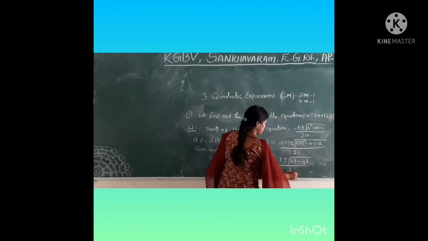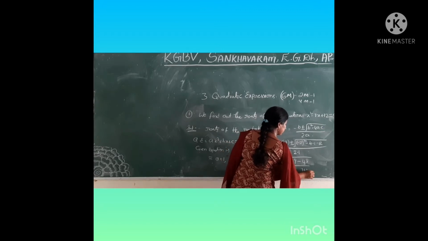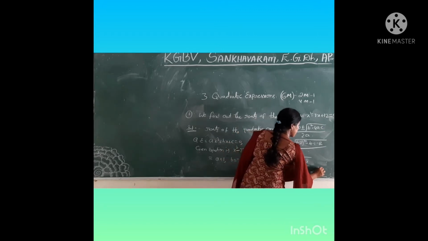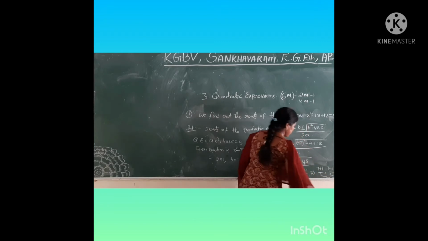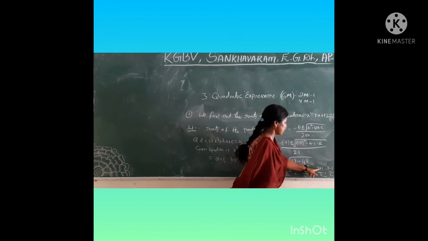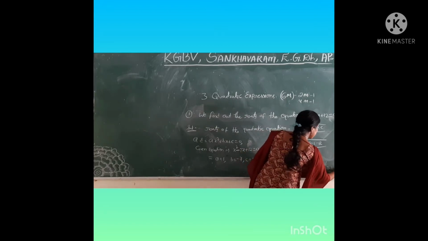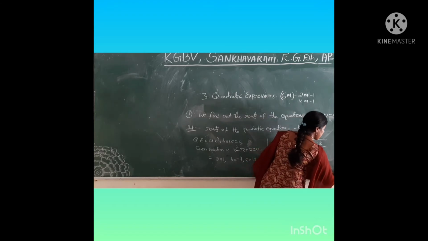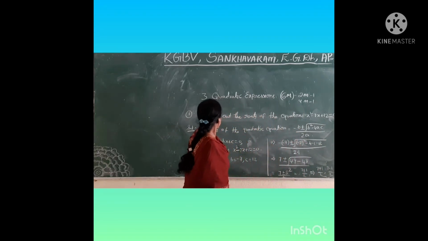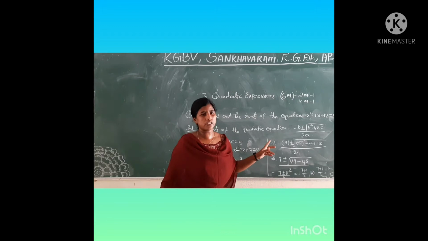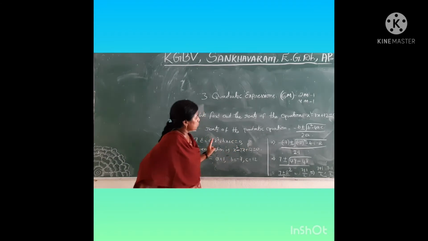That is equal to 7 plus or minus 1 by 2. That implies 7 plus 1 by 2, and here there are 2 values, and 7 minus 1 by 2. Why plus or minus here? Because plus or minus means the first one is positive and the second one is negative. That gives us 8 by 2 and 6 by 2, which is 4 comma 3. See here, we found the roots. How many roots are there in a quadratic equation? 2 roots. The first one is the positive one, the next one is the negative, both 2 roots.